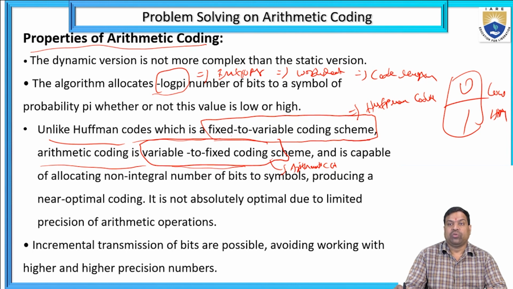Huffman coding is a fixed to variable coding scheme, but arithmetic coding is a variable to fixed scheme, capable of allocating non-integral numbers of bits to symbols, producing near optimal coding. It is not absolutely optimal due to the limited precision of arithmetic operations, and incremental transmission of bits is possible, avoiding working with